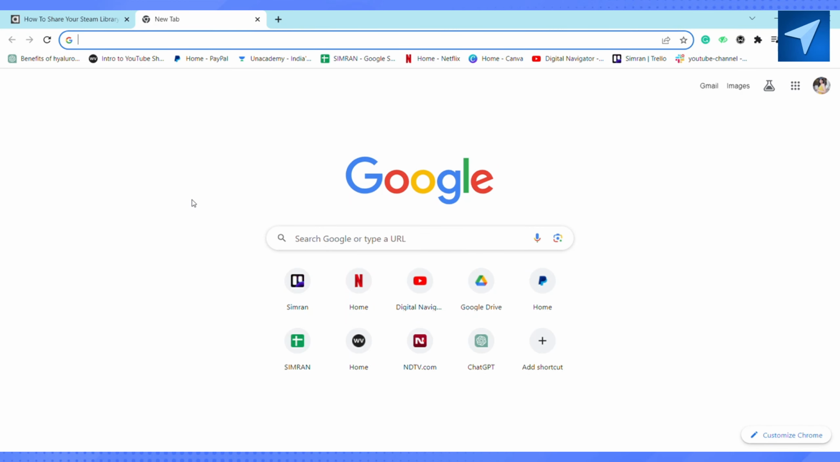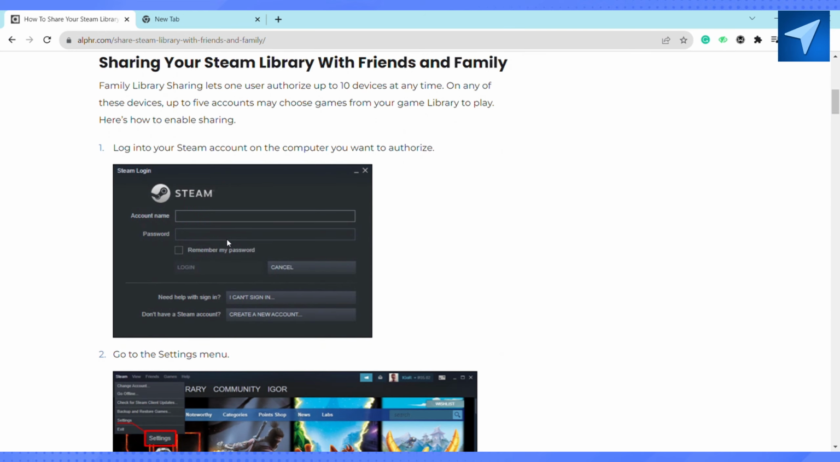In today's video, I'm going to show you how you can enable game sharing on Steam with your friends. So first of all, just log in to your Steam account on your computer. You want to authorize or enable sharing, and after that just go to the settings menu and head to the account